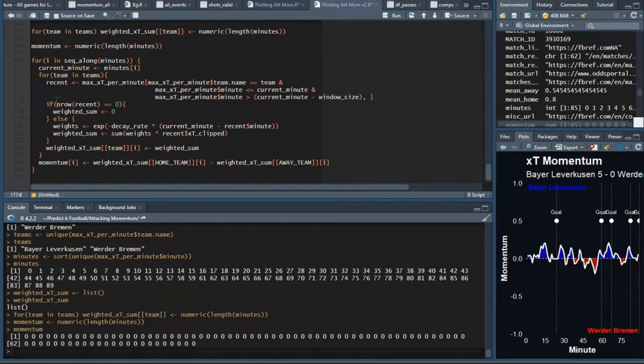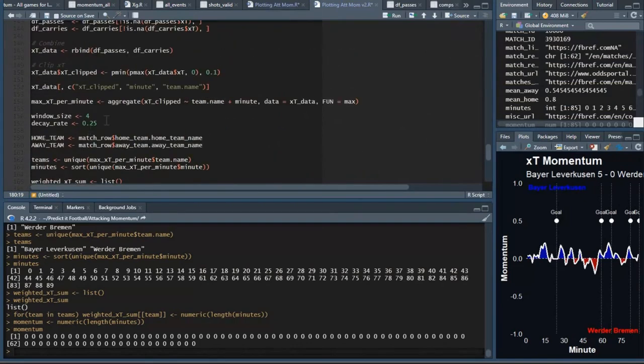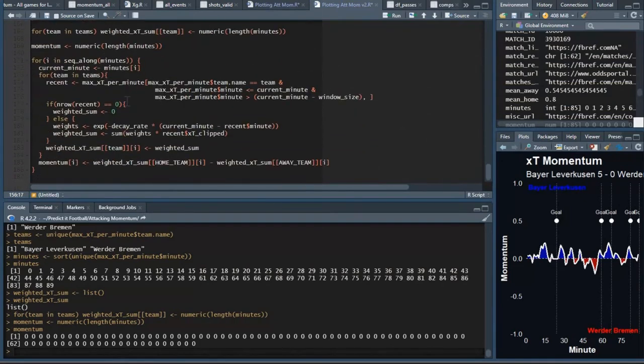Then we're going to make sure that it's not empty. If it's empty, obviously the weighted sum is going to be 0. Otherwise, our weight, and this is where we're going to use a bit more complicated, our decay rate, which we defined earlier, is 0.25. We're going to use